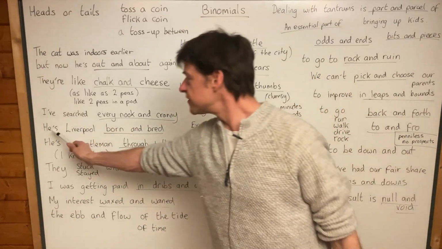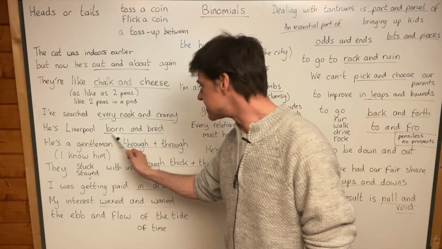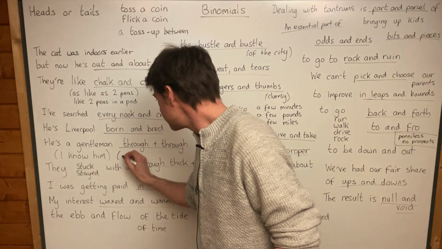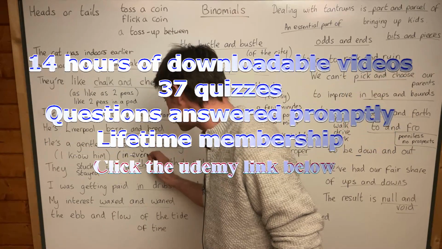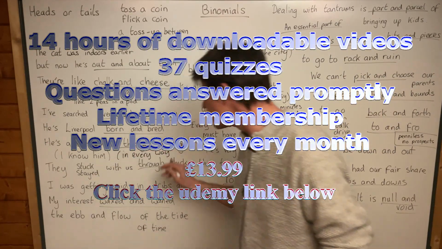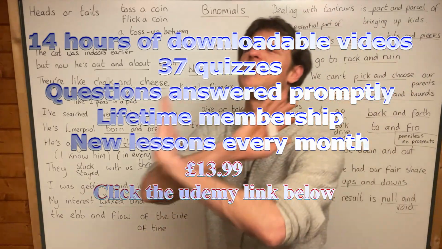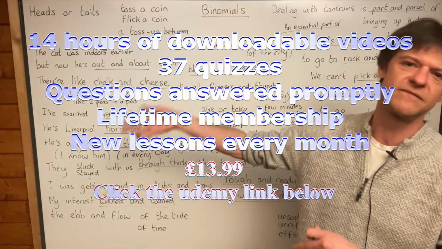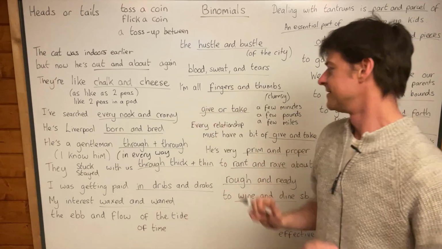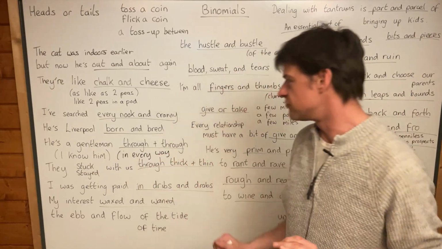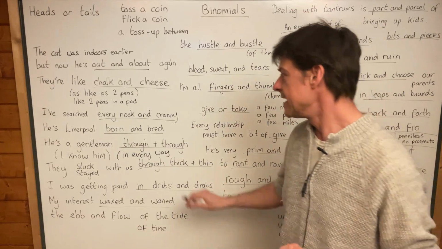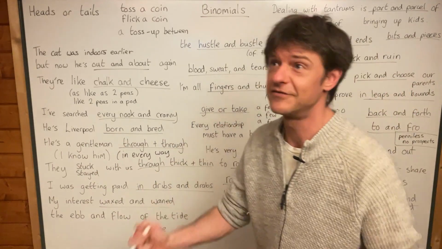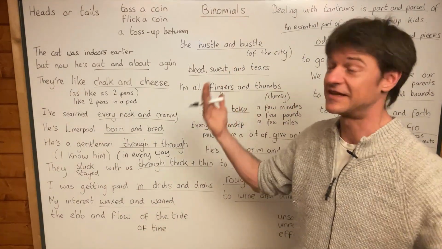Very similar one here, because you could say "he's Liverpool through and through", and that would be really similar to born and bred, because "through and through" means completely, in every way. In fact, in every way or completely, totally. And so this through and through, he's a gentleman through and through. That means he's a perfect gentleman, a complete gentleman. He's so polite. He's always holding the door open for the lady. He's putting his jacket on the puddle, maybe. But he's a gentleman in every way. He's a gentleman through and through, okay? And you can certainly say he's Liverpool through and through. That would mean he's completely Liverpool. He's so Liverpool, perhaps he loves Liverpool.